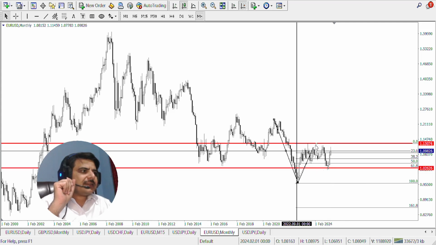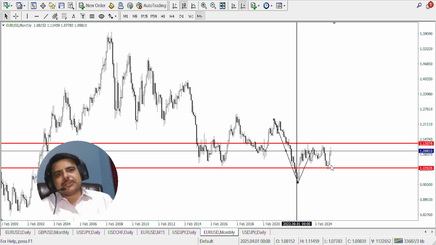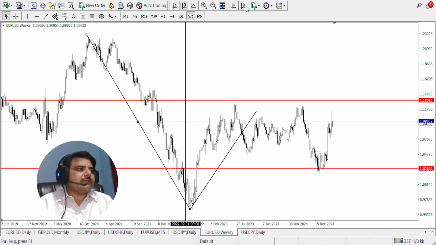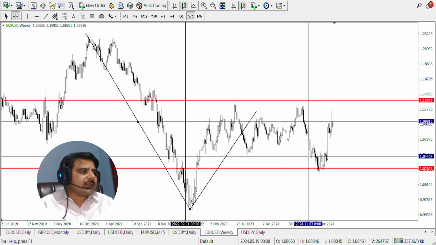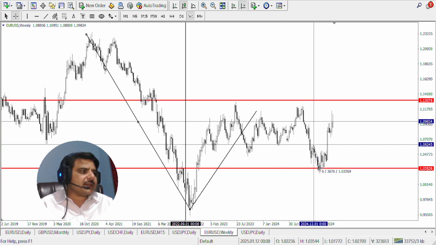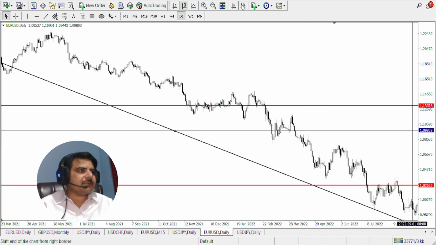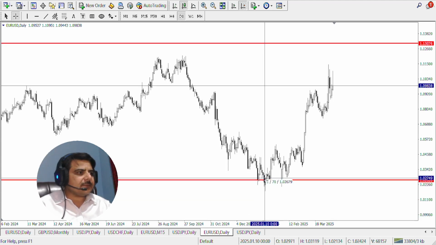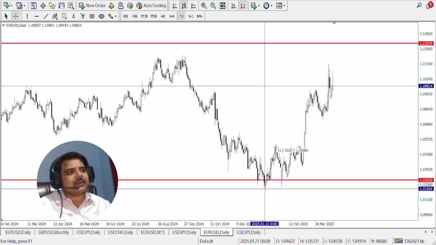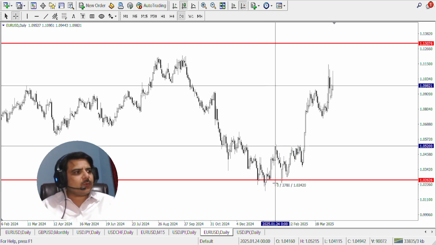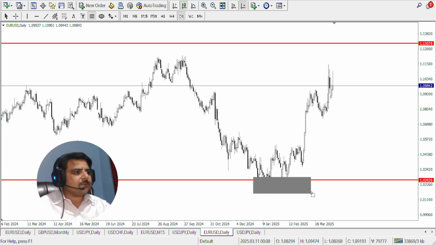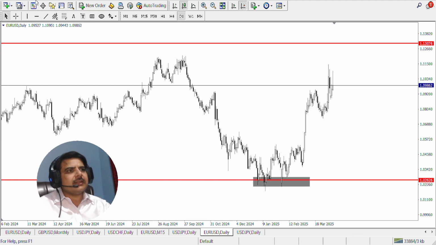Now it's not just about becoming bullish. How I spotted these buy setups that I discussed in the weekly forex forecast video. When the price was right here, what did I say on the daily time frame back then? What I said is, as soon as it hit the price, I didn't trade this one for the long term, but when it came back, it gave me a double bottom pattern right here. If you see, now if I add